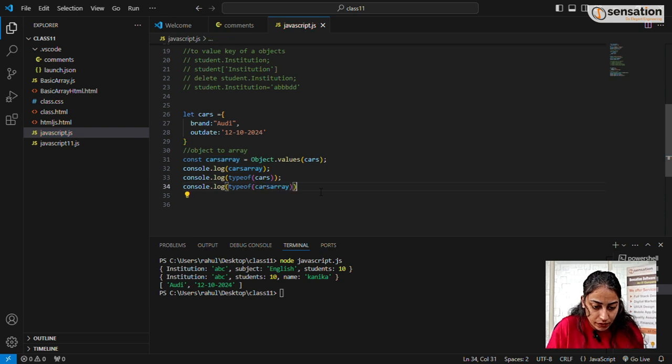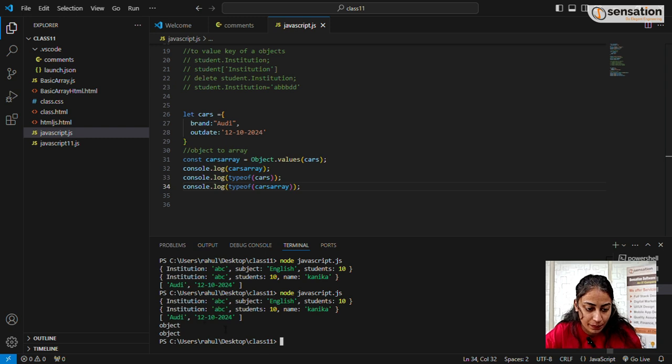We are printing it. Let's run the command again. Okay, another part is, let me explain this again. When I have turned this cars object using Object.values into an array, and when I print this,